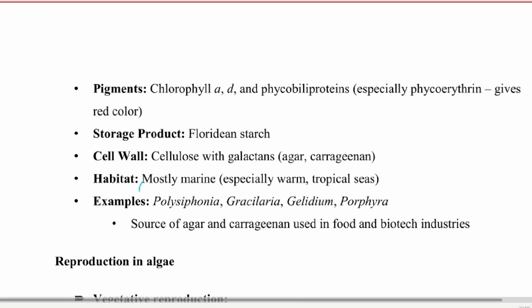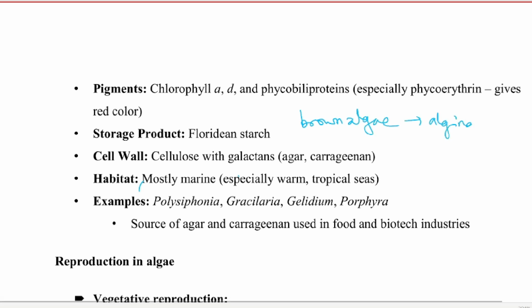Now let's discuss the cell wall. In green algae, there is the presence of cellulose. In brown algae, there is addition of cellulose with alginate, so it is for alginate production. Likewise, red algae have galactans,